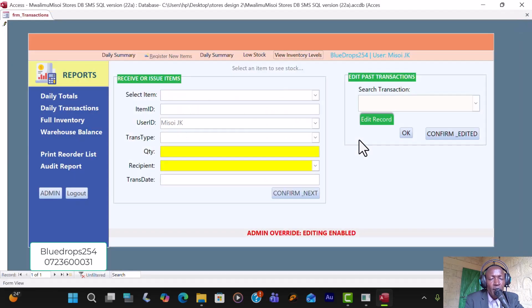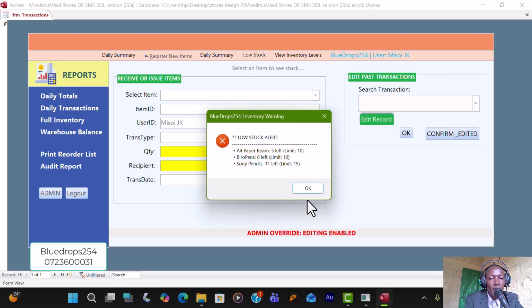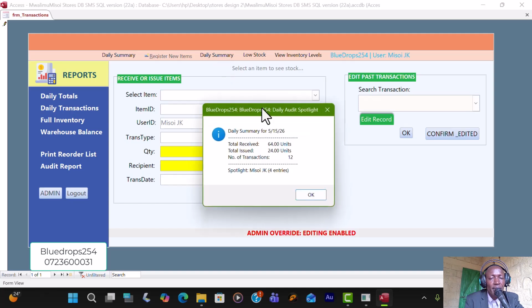Now, if you come to low stock alert, we have already seen these are the items which are supposed to be restocked. Then for daily summary, it's just a summary showing what you have received today, and total units which you have issued today, and the number of transactions conducted today. For the spotlight, it shows the person who has transacted a lot in the day. For example, I have received 4 entries. If somebody will come severally picking an item more than 4 times, then the spotlight name will turn to that